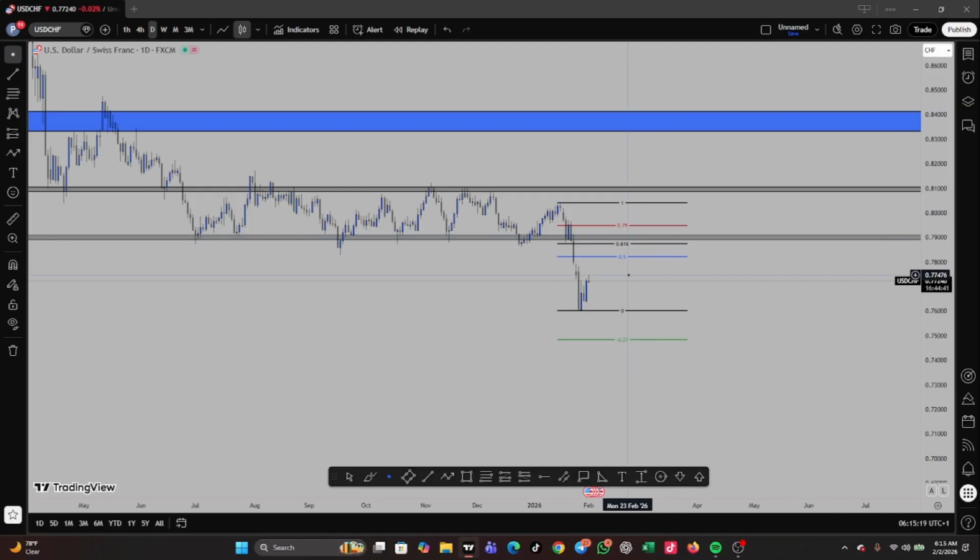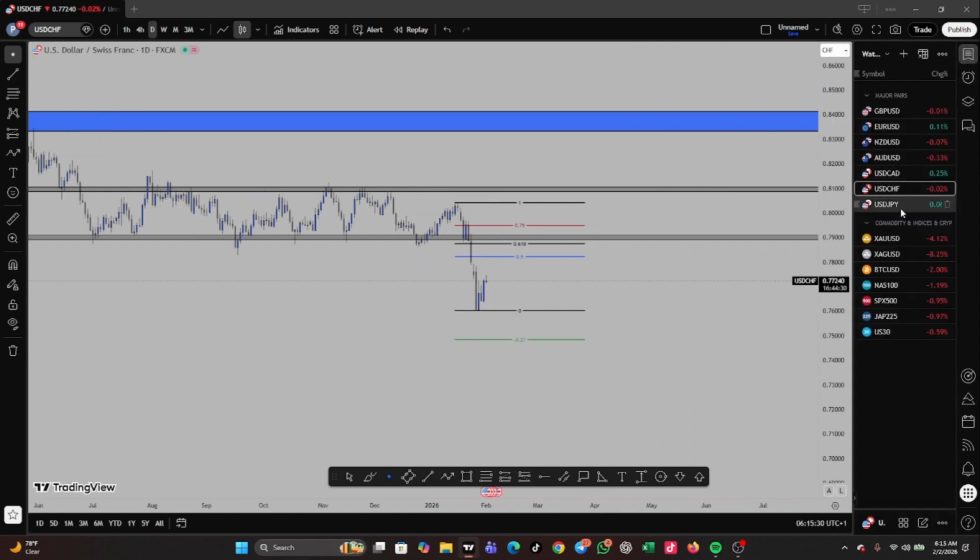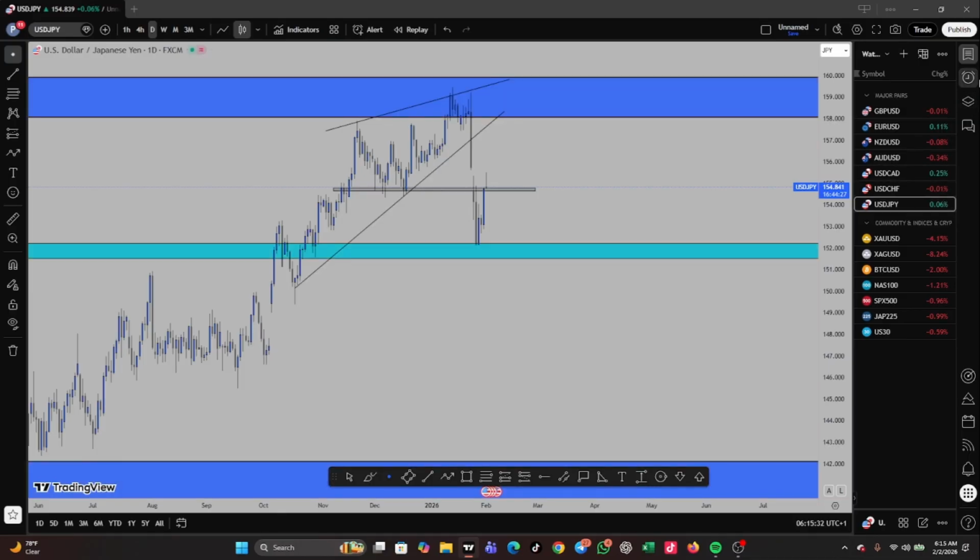So I'm going to be exercising a lot of patience this week for the market to pull back before I set myself up for a trade opportunity. So that is a very quick one on USD CHF. Next we have